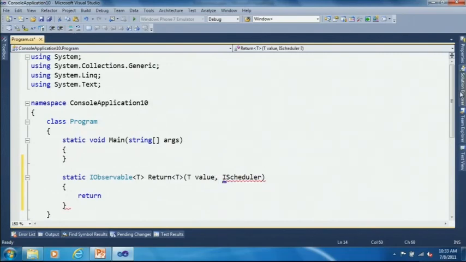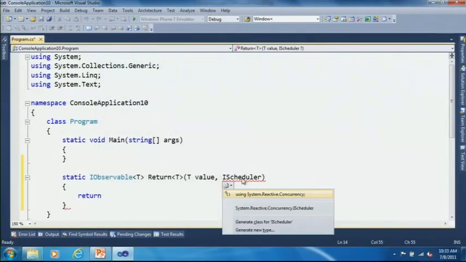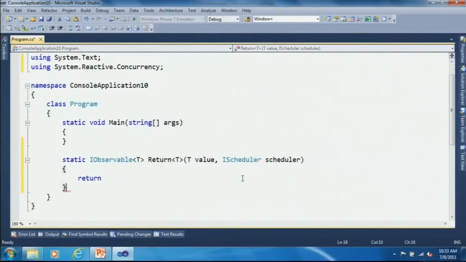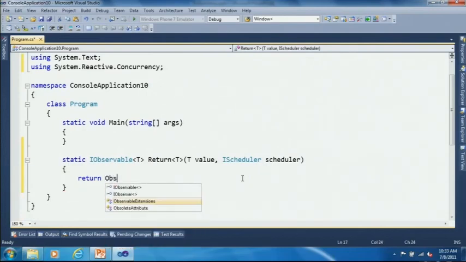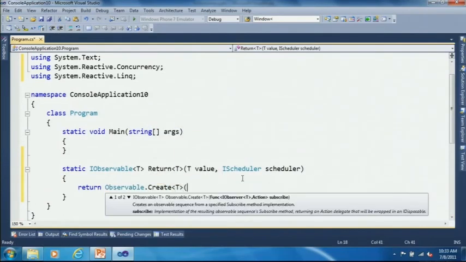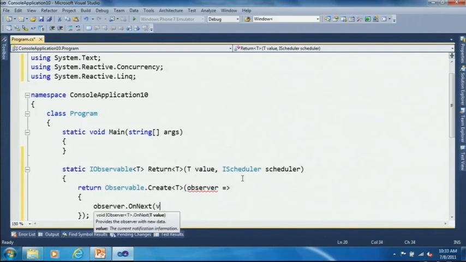Actually, I will need to include Rx to begin with. That would be a good thing. Let's include System.Reactive. So now that I have the IScheduler, that's the place where we want to run the work. In the naive implementation, you would create an observable sequence using Observable.Create of T, which gets passed the observer on which we want to pump out values to the user. The thing you could do inside here is something very naive, like observer.OnNext of value,